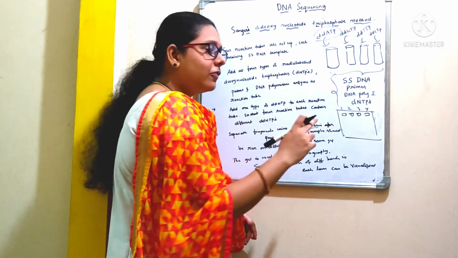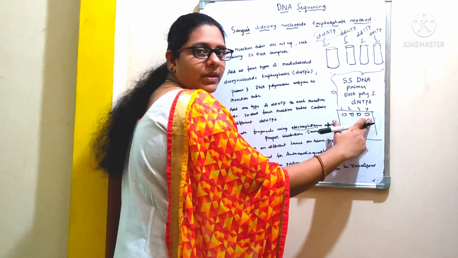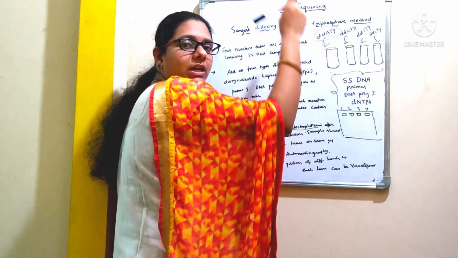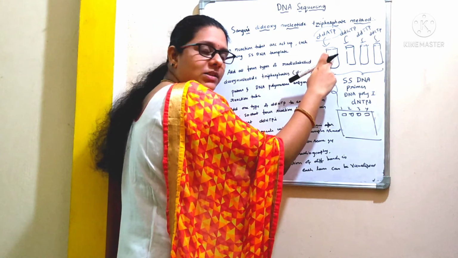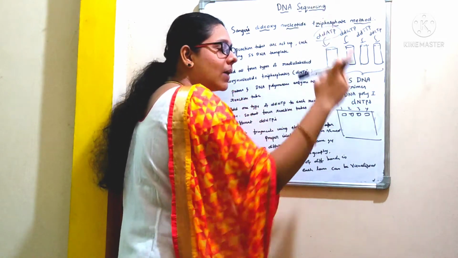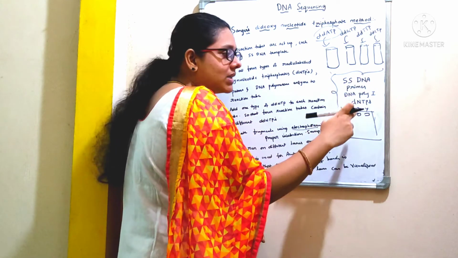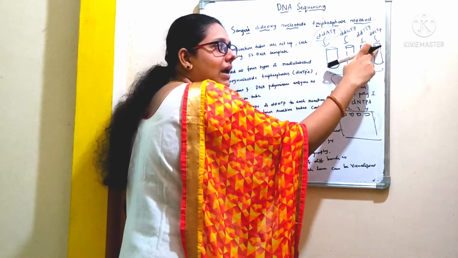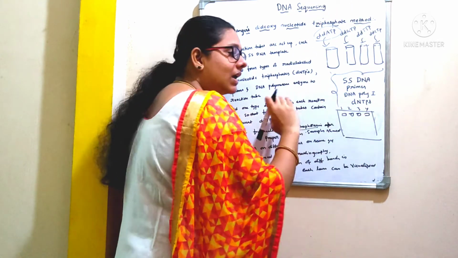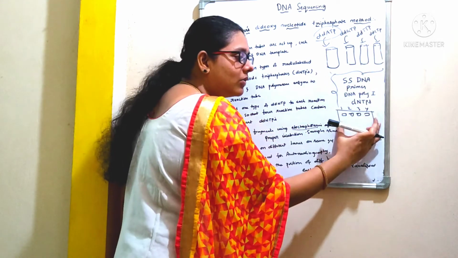Now we are going to cast an agarose gel with 4 wells. All these 4 wells are loaded with 4 samples. We need to take a sample from the first test tube and it will be added into the first well. Again, the sample taken from the second test tube is added into the second well. The sample taken from the third test tube is added into the third well. And again, the sample taken from the fourth test tube is added into the fourth well. In this way, all the 4 wells are loaded with 4 different samples on the same gel.